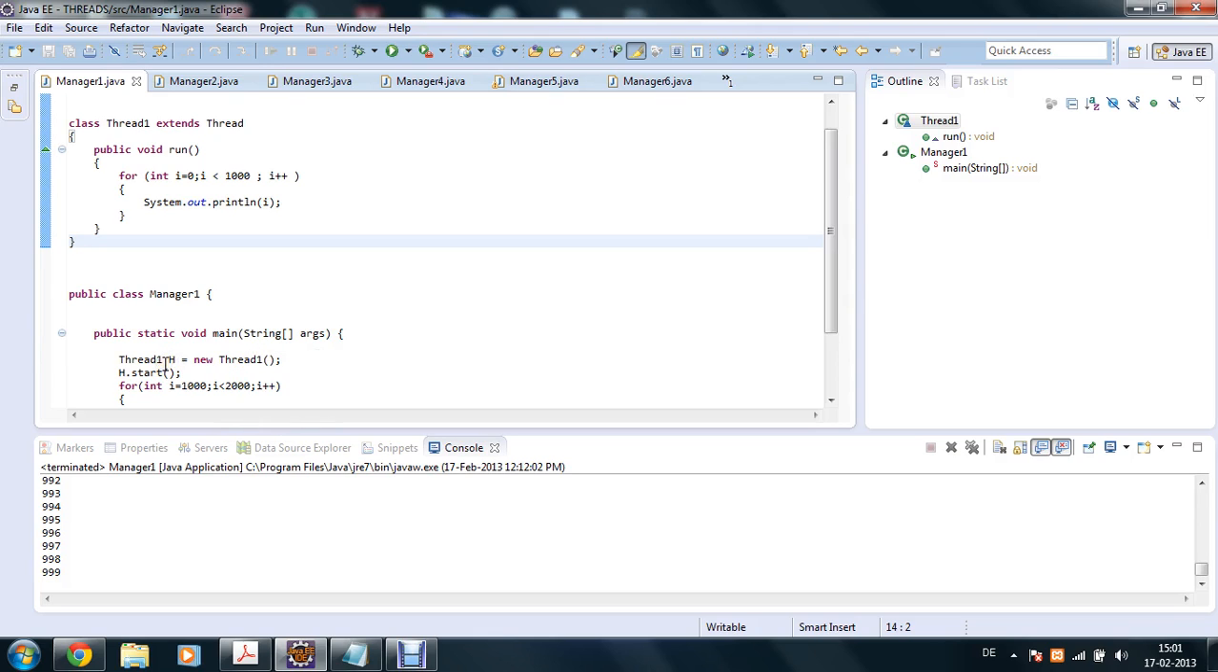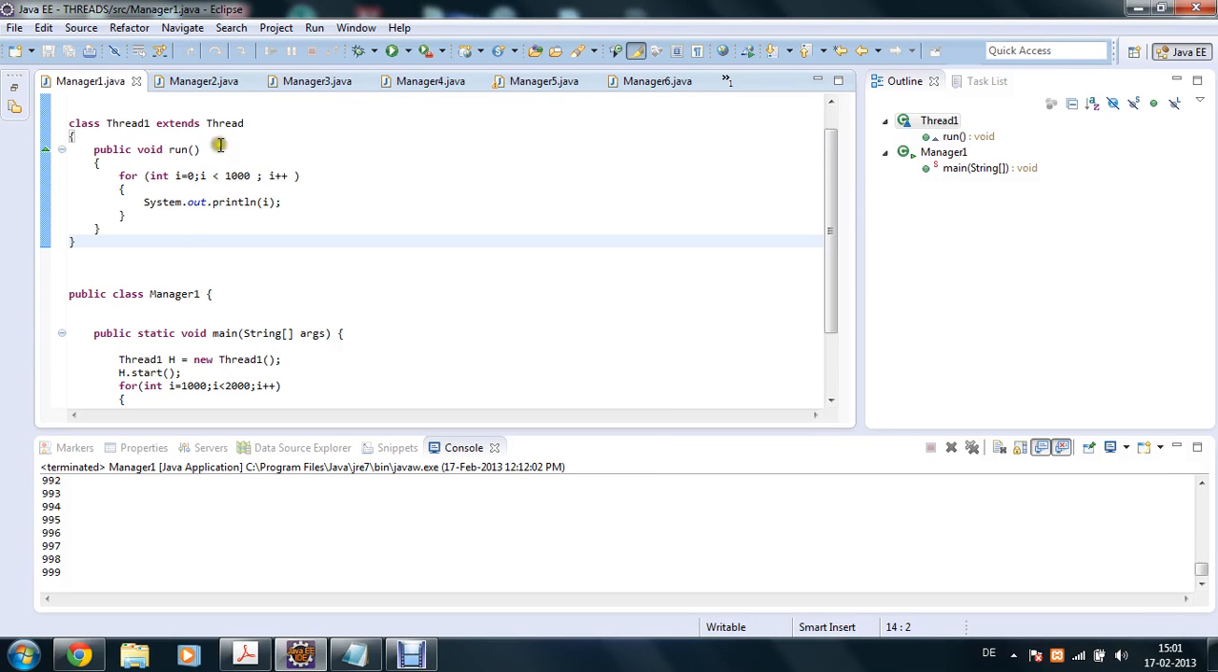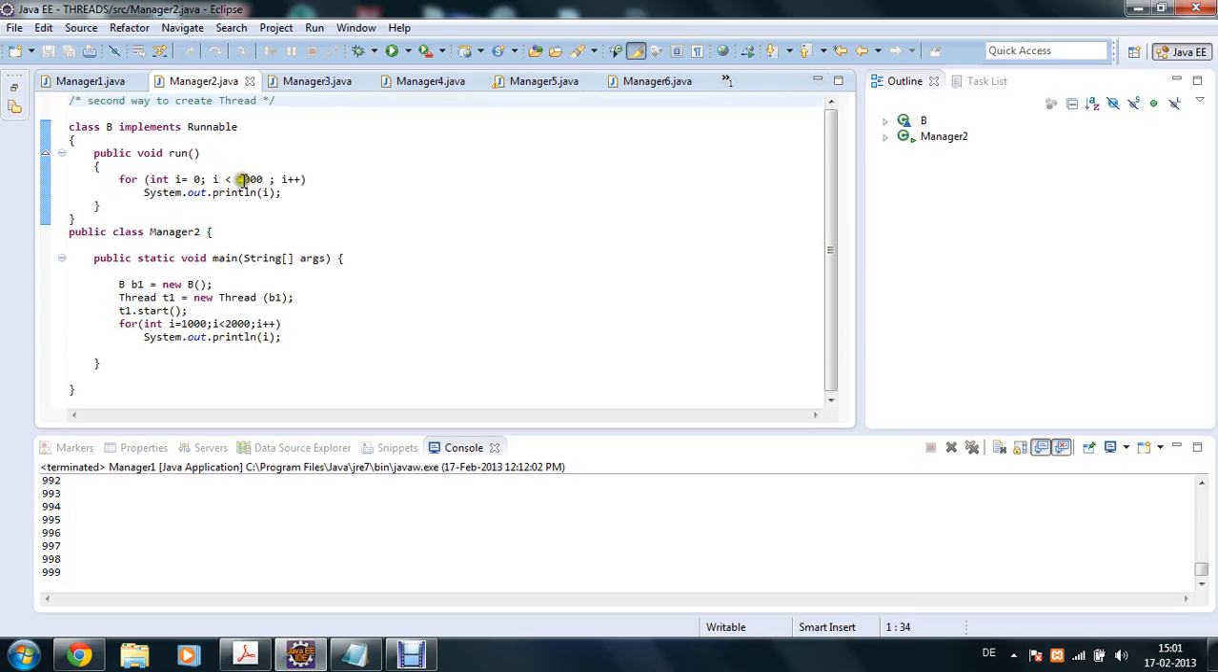I'm directly calling h.start because it is extending the Thread class. But while implementing the Runnable interface, you have to call the reference over here and pass this reference into your Thread class. Then only you can initialize t1.start. If you call b1.start, it will not work. The compiler will show you an error, because it doesn't know which method you want to implement. So because of that problem, we are initializing t1.start, and we are giving one loop over